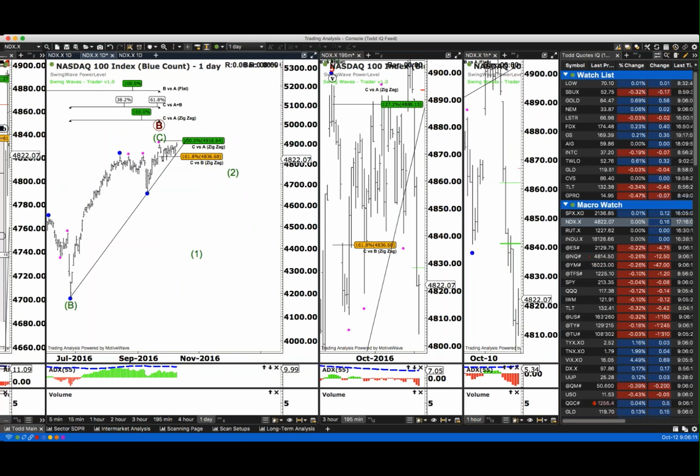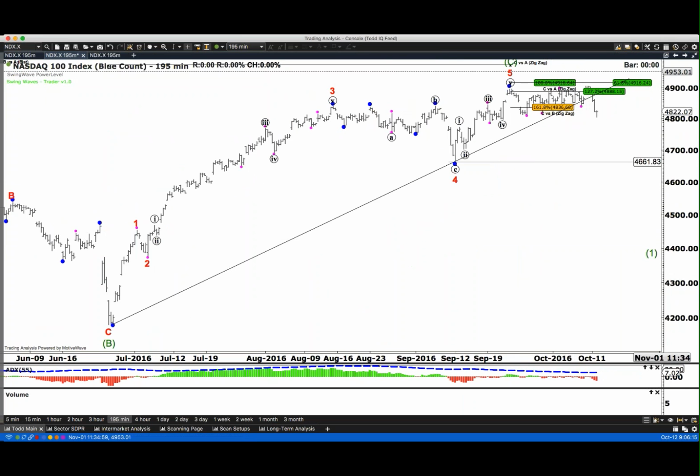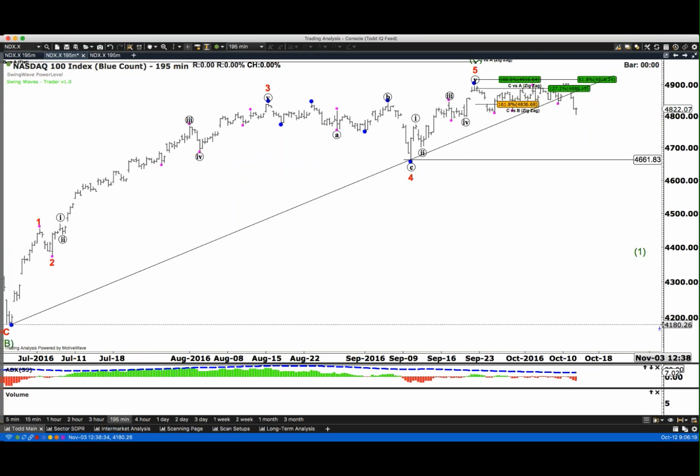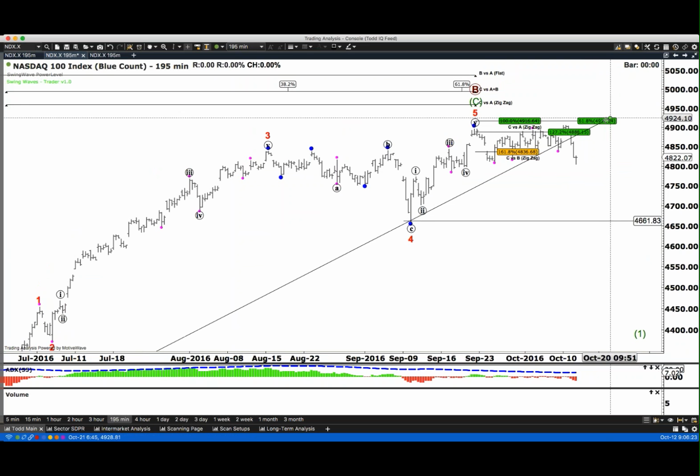So as we get off the daily, go down to the 3-hour chart. This has the price action filled in from yesterday, where the daily chart does not. For some reason, IQFeed just doesn't show you yesterday's daily bar until today opens up. It's kind of weird, but that's just the way it is.